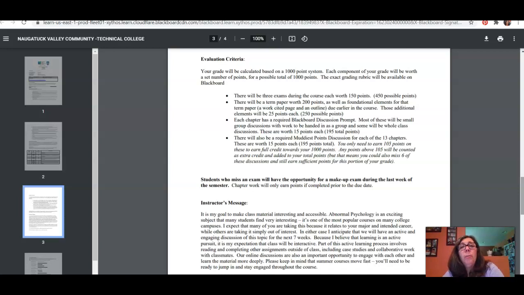So there'll still be a prompt from me, usually a case study, that you'll be looking at and then answering questions about. And you'll be working together in a small group of maybe 5 or 6 people to collaborate with each other and then eventually to create a document that one group member will submit to me. Not all group members will necessarily earn the same grade for that group project.